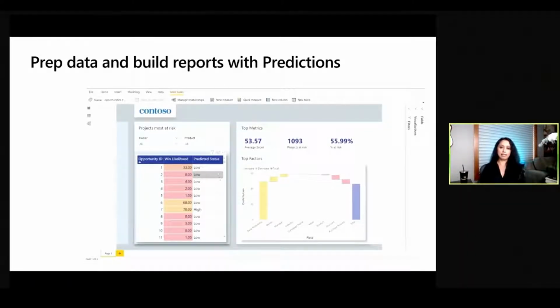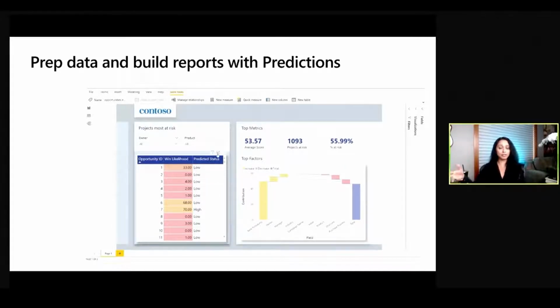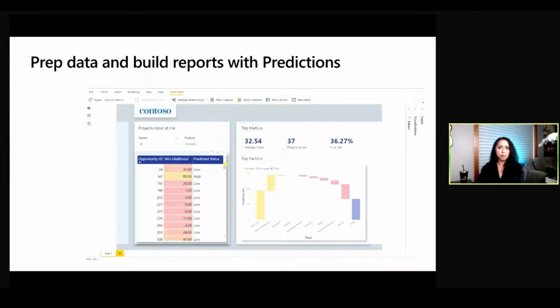A simple report like this, let's start off with this. Let's say you created this report like this. This is Contoso, an electronics equipment manufacturer. This is a report that's built with predictions. And if you see, this is sales opportunity analytics, which helps Contoso look at an opportunity and look at the predicted status of winning or losing that opportunity. What Contoso can do here as well is look at the top factors that influence that predicted status, right? Whether those factors are the owner, the product manager, the factory line, the product line,